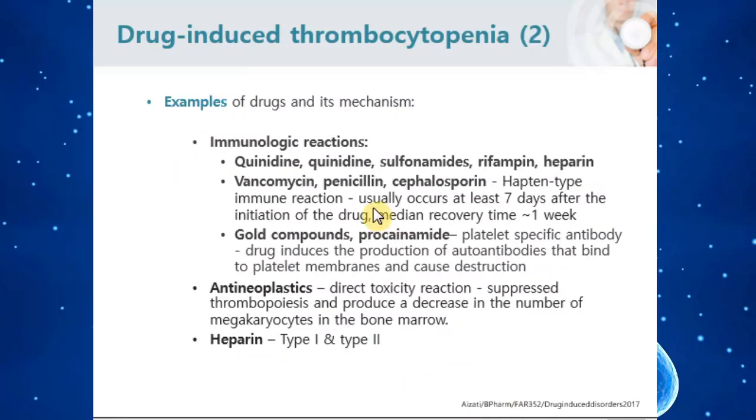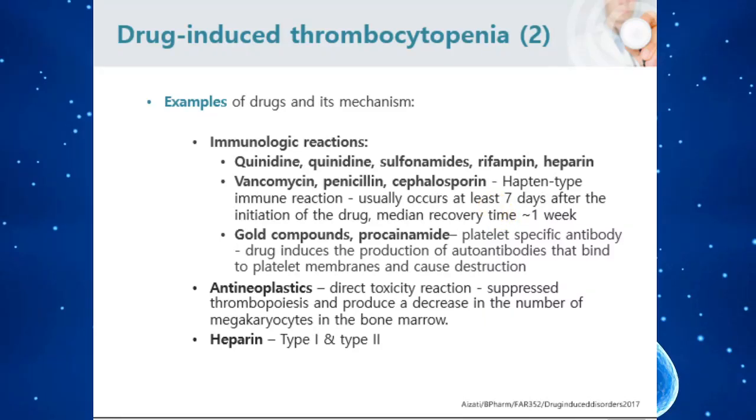The examples of drugs include quinidine, sulfonamide, rifampicin, heparin, vancomycin, penicillin, cephalosporin. So these are the groups of antibiotics, gold compounds or procainamide, antineoplastics, and heparin. So we can see that there are different mechanisms or etiologies of thrombocytopenia depending on the types